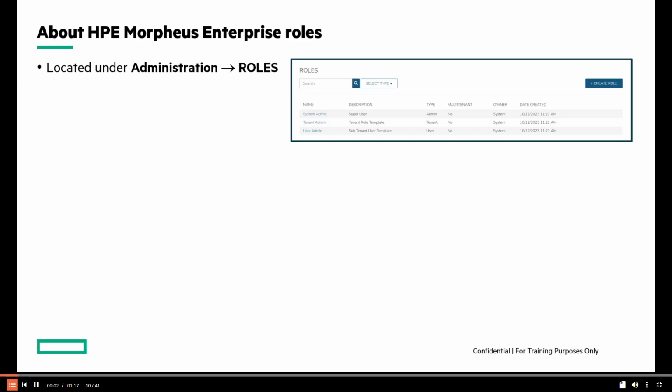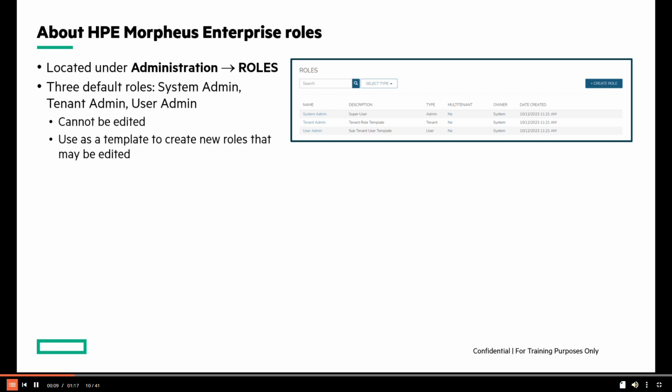Found at Administration Roles, roles are defined sets of Morpheus feature permissions and resource access. There are three default roles in the Morpheus environment: the System Admin role, the Tenant Admin role, and the User Admin role. These roles are owned by the system, and while they can be assigned to users, they cannot be edited. As a common best practice, use these roles as templates to create new roles that can then be edited